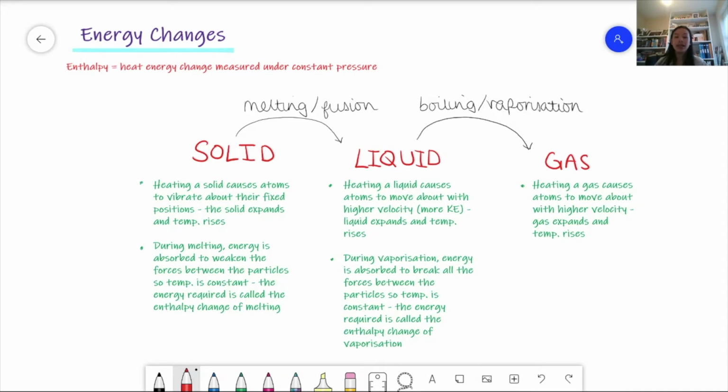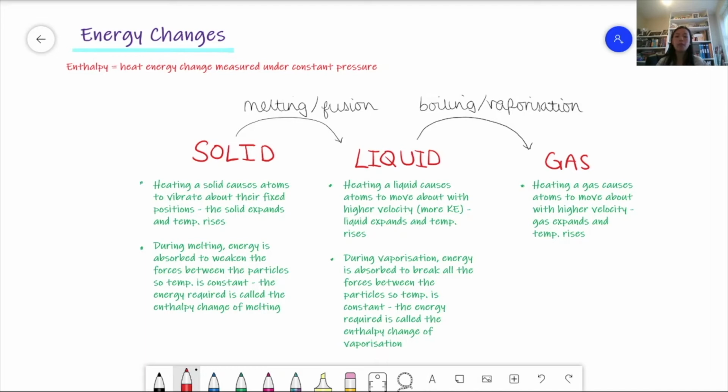But during melting or fusion, energy is absorbed to weaken the forces between the particles, so the temperature becomes constant because all the energy is being absorbed to weaken the forces instead of causing the atoms to vibrate more. That energy is called the enthalpy change of melting, so the heat energy change required to